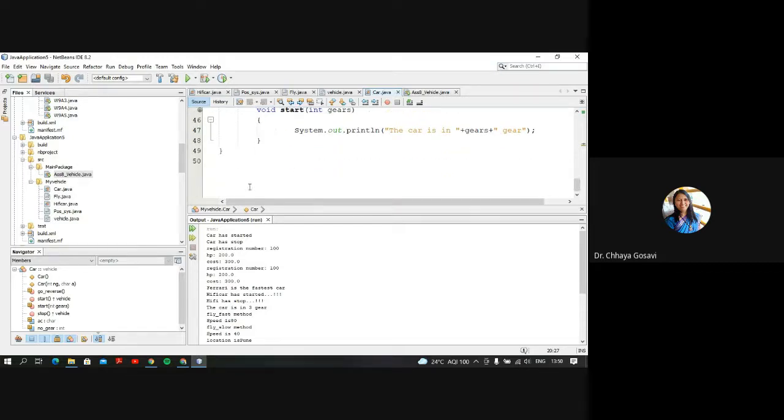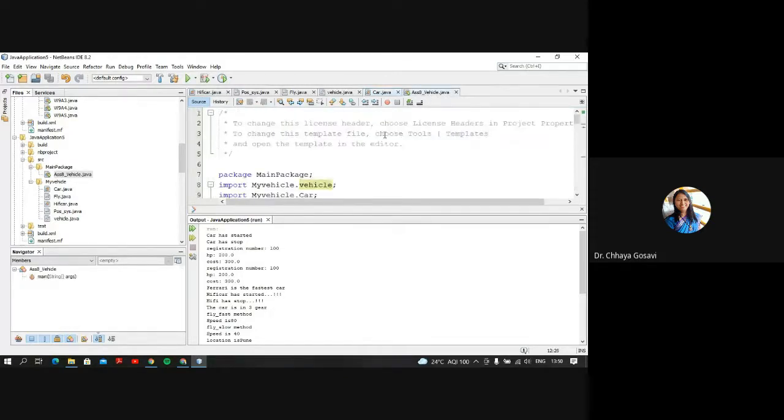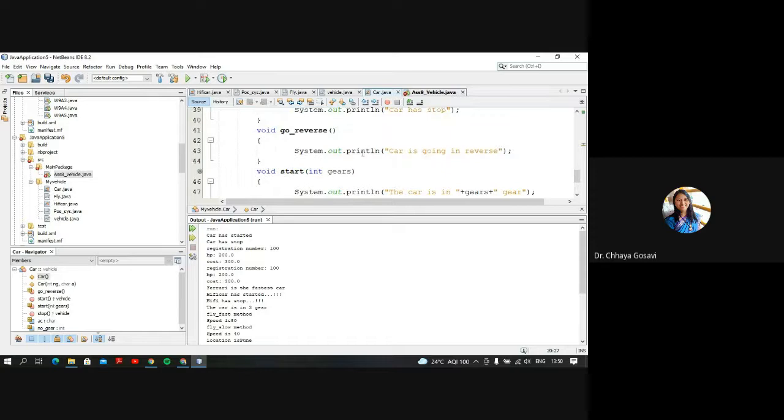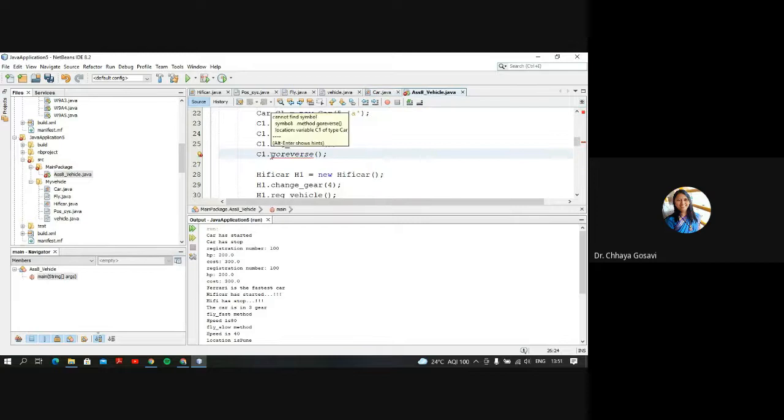okay, it is calling goReverse from the HiFiCar class, not from the Car class. Okay, if here I try to call c1.goReverse, it will show an error: goReverse is not public in Car, cannot be accessed from outside package.